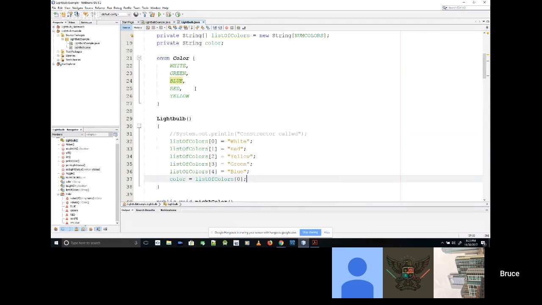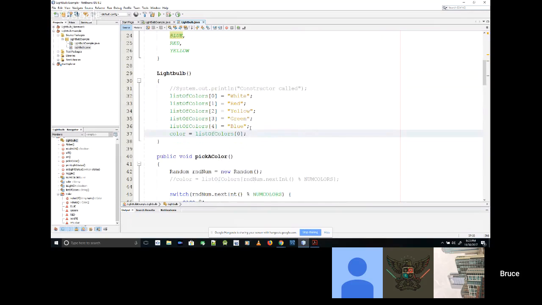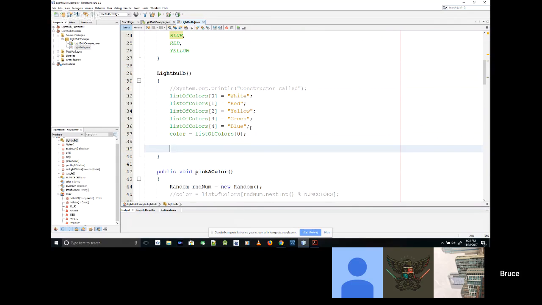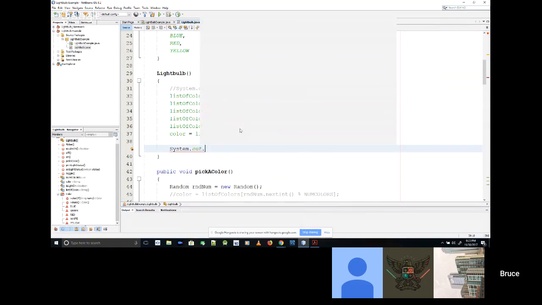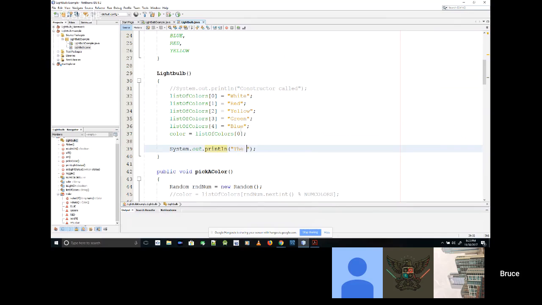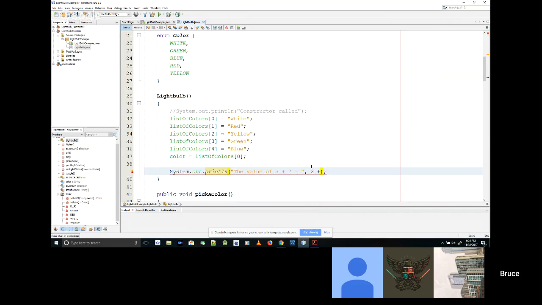But let's say inside the constructor, so when it's first done, System.out.println, the value of 3 plus 2 is, and I'm going to say 3 plus color dot.